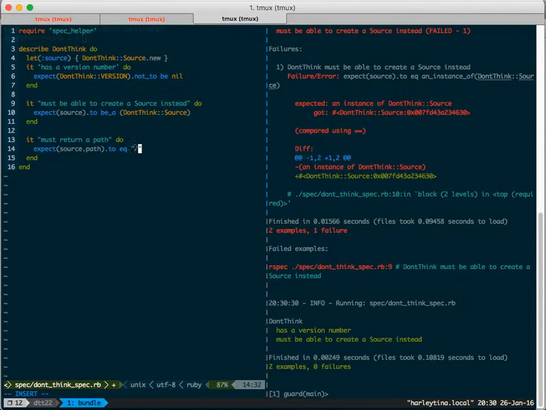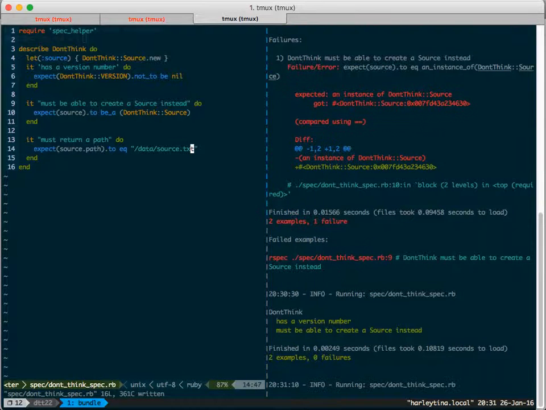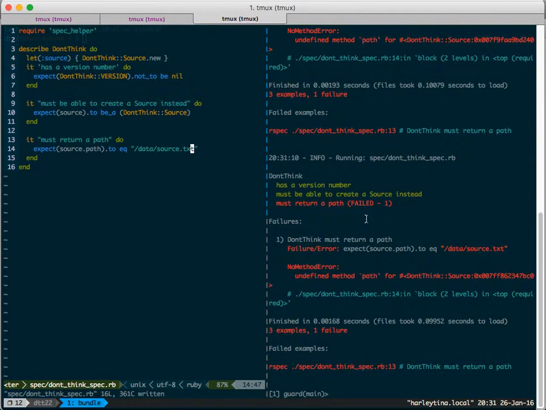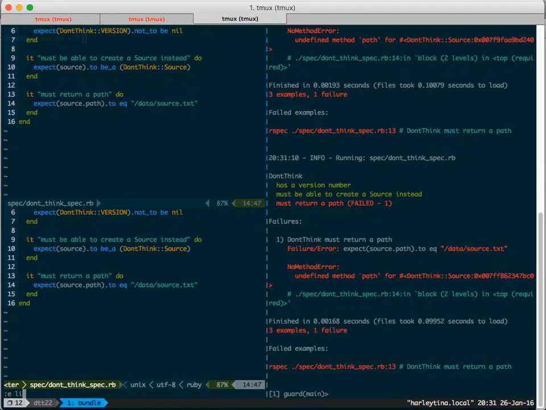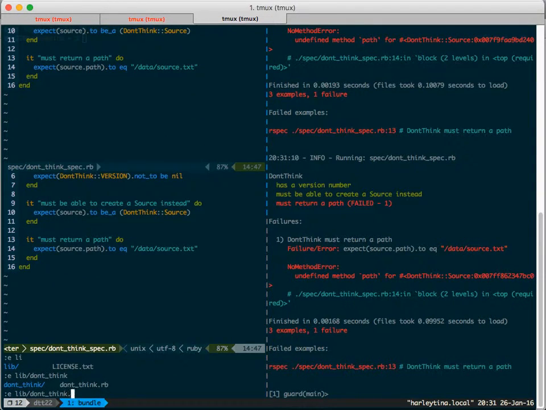So I want this string to be maybe in my data path slash source.txt. Right? So I save this file and it fails. But to make this pass, it's simple. I go to dontthink.rb,